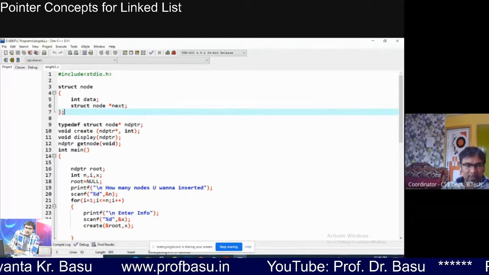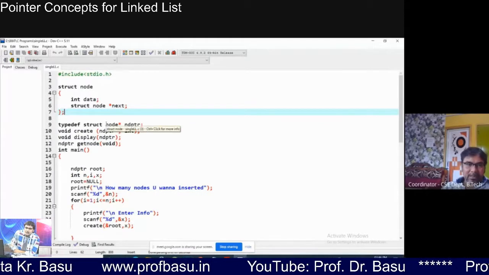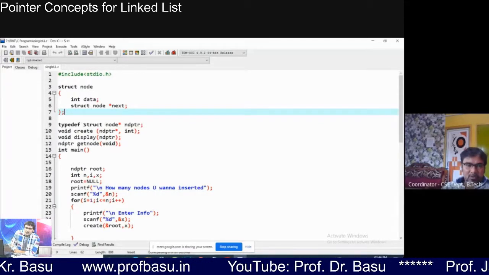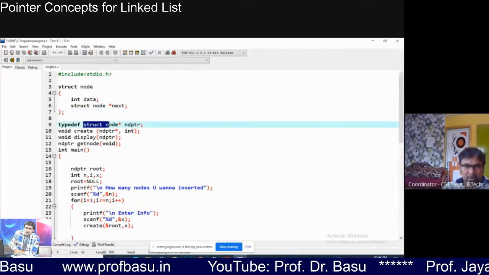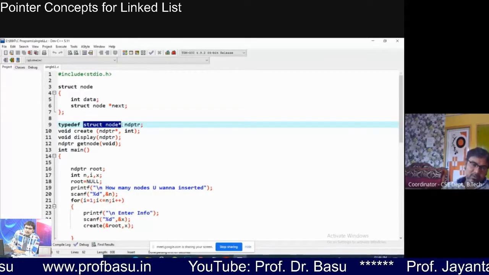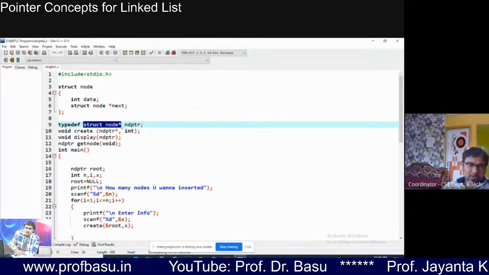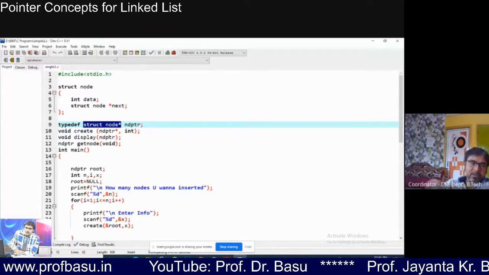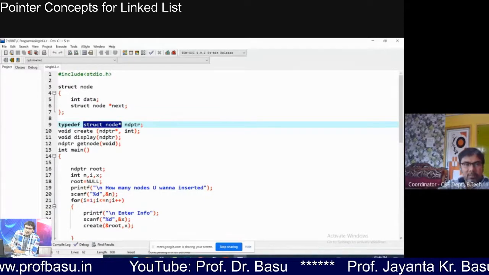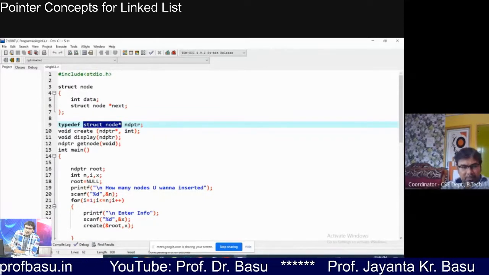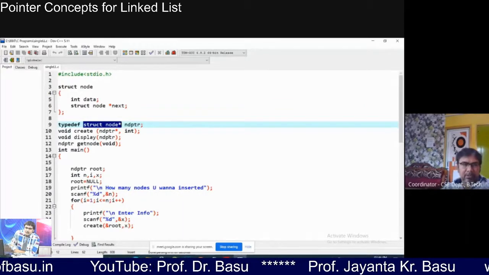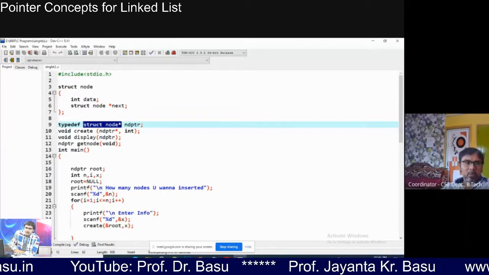Now, for our convenience, just to give a nickname, because so many times I have to write this struct node stuff, in industry what happens is they define their own type. They define some primitive type by their own name.